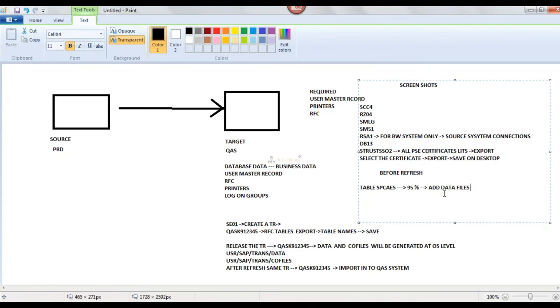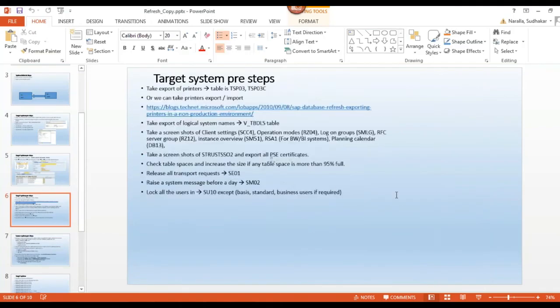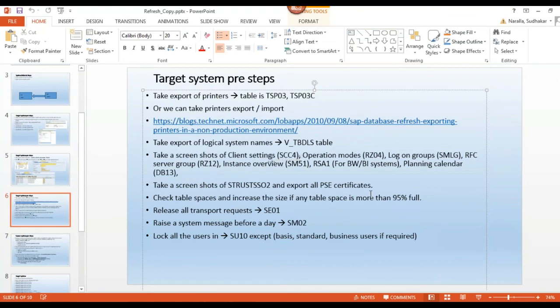So as a precaution, check the table spaces, and whichever table space is more than 95% full, add some data files. If you add a data file, the utilization will go down, to 90%, right? Take a precaution. These are the pre-steps.